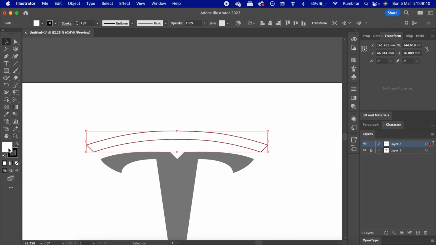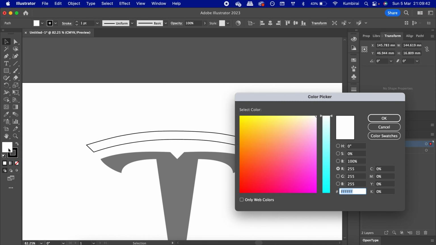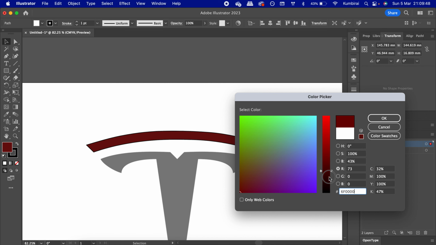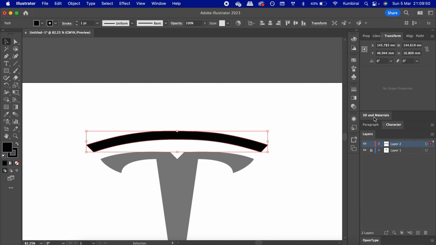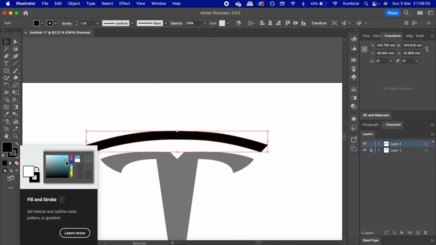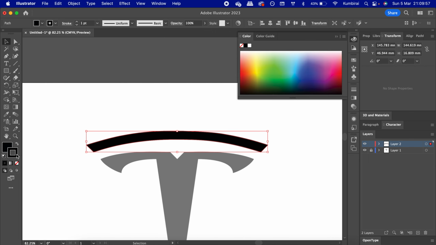So what I'm going to do is that I'm going to double click here and then I have all the colors here. So what I can do is that I'm just going to tweak this until I get a solid black. Amazing. And now just to get rid of the outline that I don't want, I'm just going to click on that. And so now that the outline's the one that's on top, it now shows me that I'm in control of that. And so what I'm going to do is I'm going to click this white box with the red line, which in the program just means that